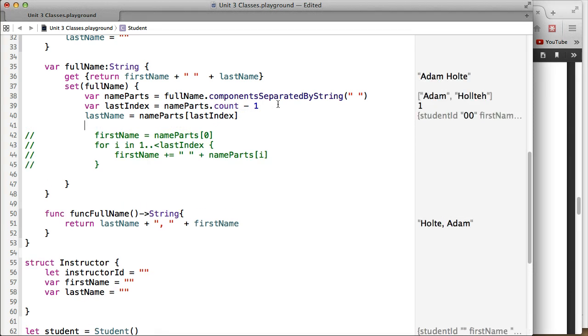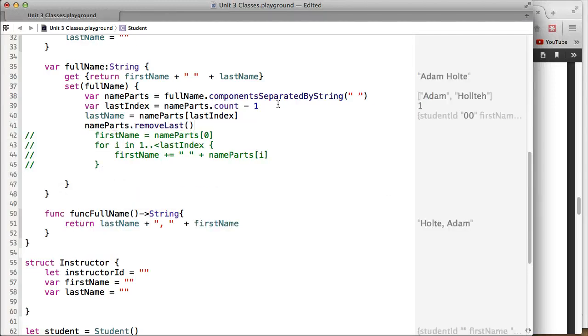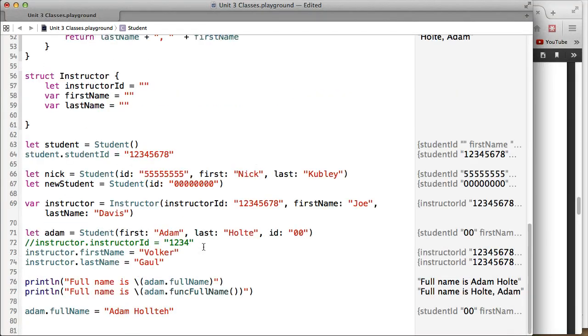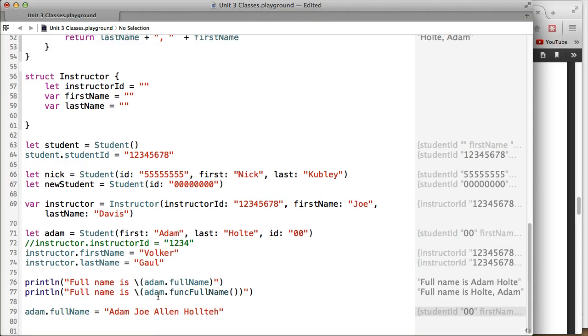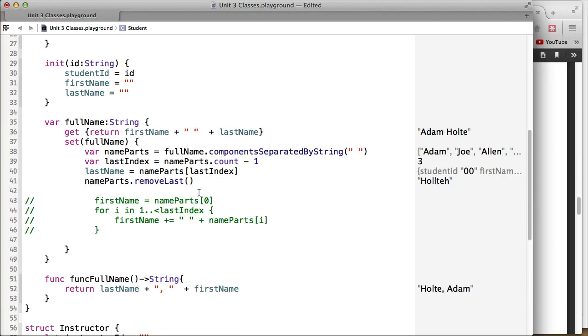Okay, so what you now want to do is say name parts dot remove last. Does that need to put it somewhere? No. Okay, so now all I've got left, it's removed the last version of it. And now I want to, first of all, come down here and put the Joe back in. And then in here, say that first name